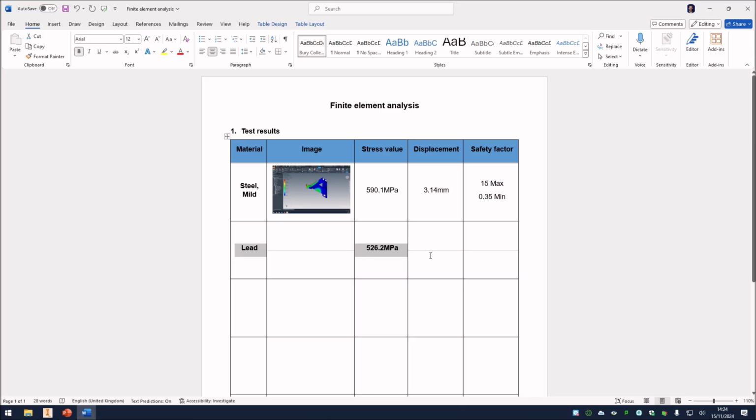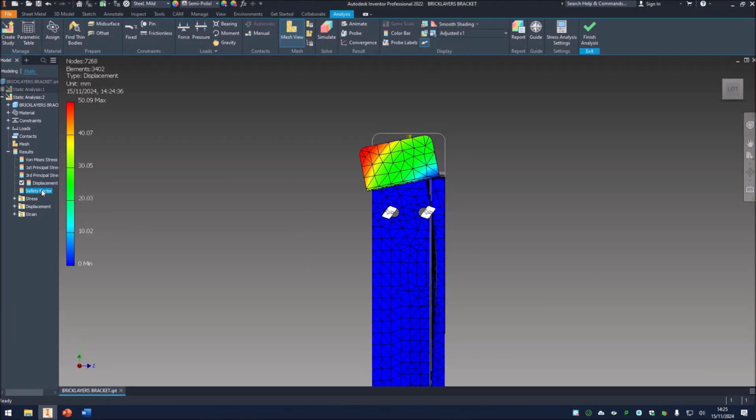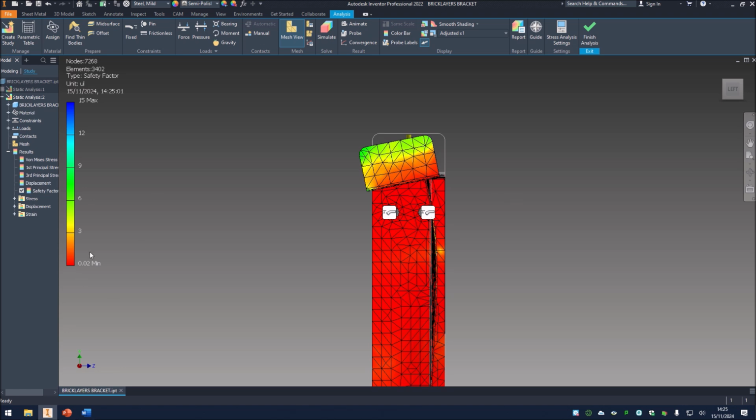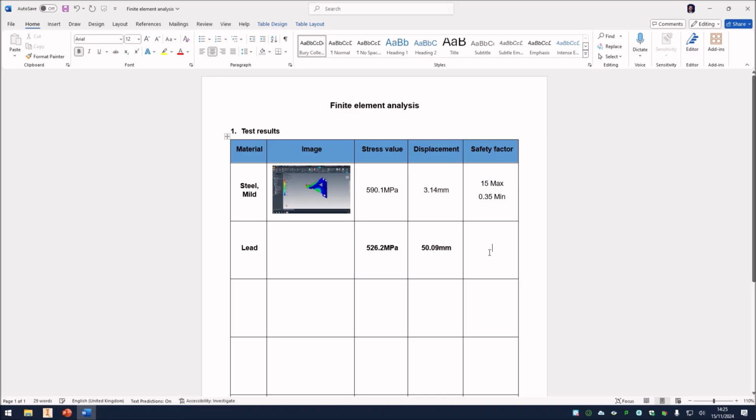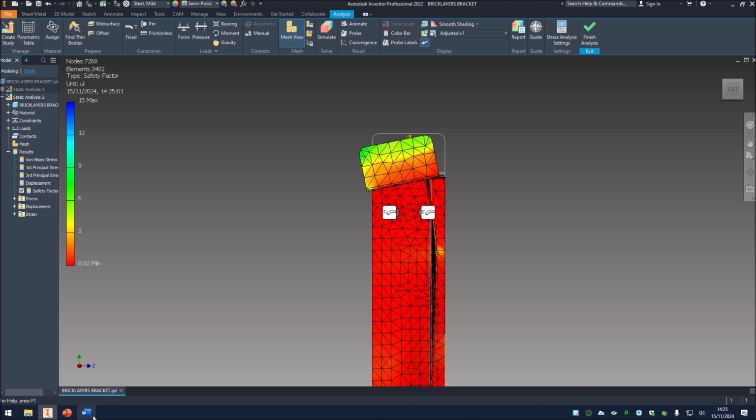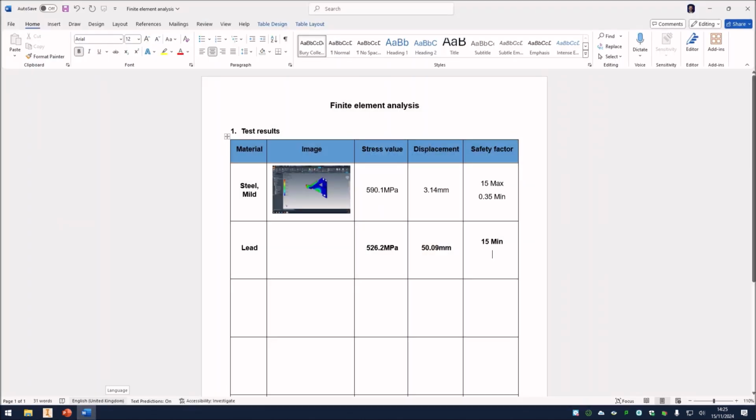I'm going to go, so we'll go to 50.09 millimeters. I'll just make sure I've got that information right. Yep. And then we'll go back and we'll do safety factor. Alright, and you can see what's happened to our minimum safety factor. It's gone way down. Okay, so we've got 15 in, and then what was it? 0.02